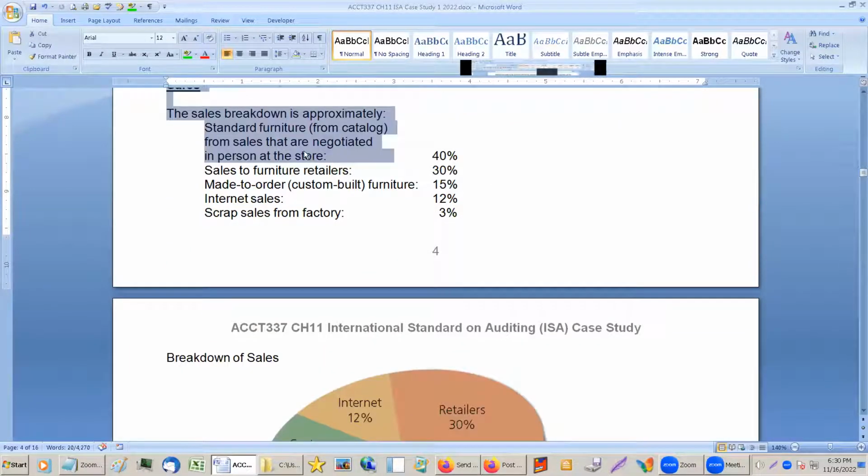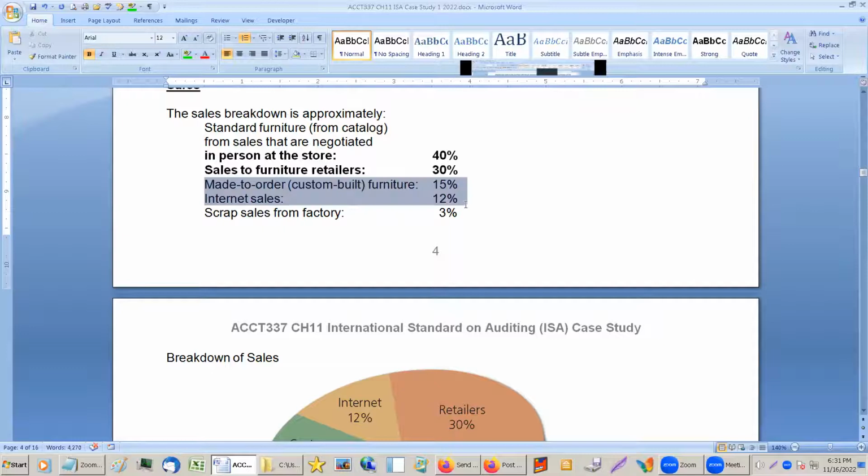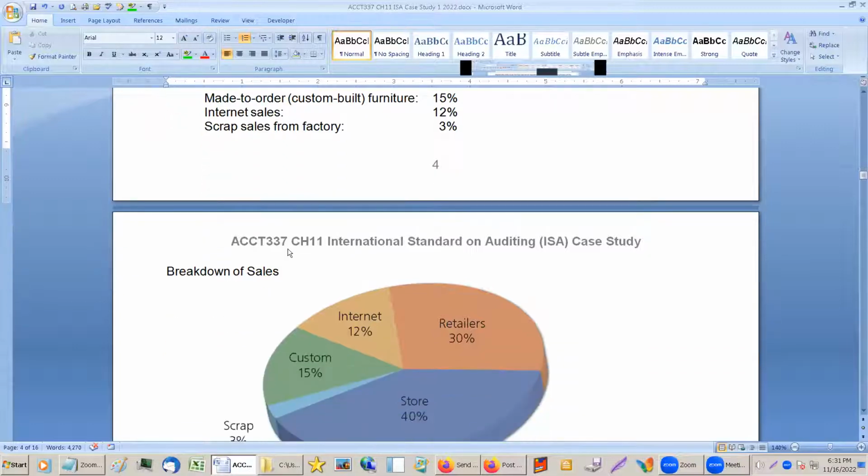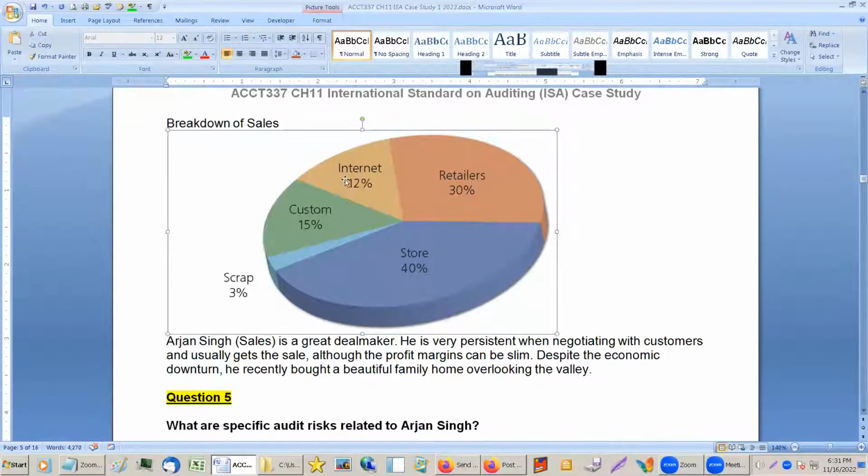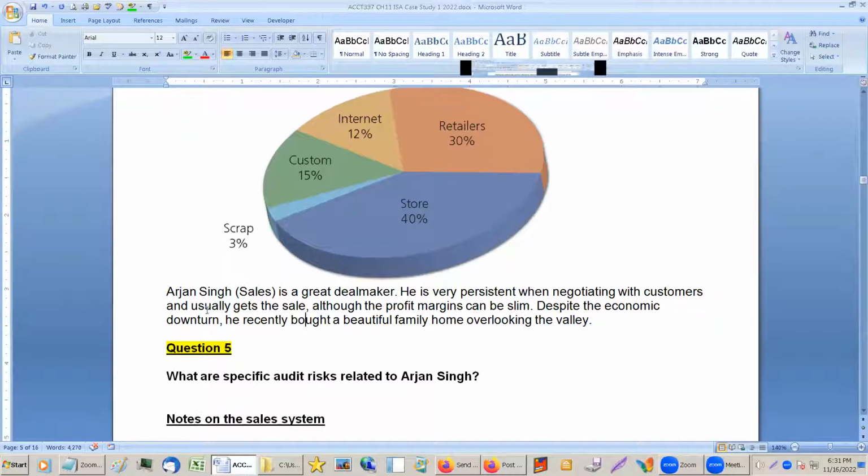Sales. It looks like the in-person ones are 40%, still the highest ones. Furniture retailers jumped up a little bit. And the rest of these are making up the other 30% of it: custom furniture, internet sales, and scrap. Here's another chart of that, just in case. Okay, so